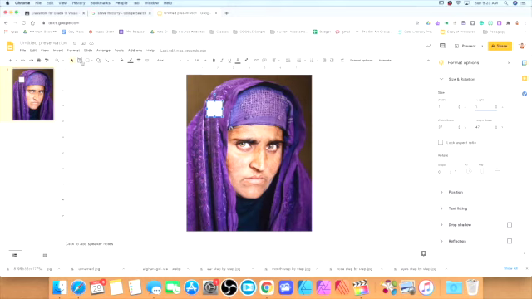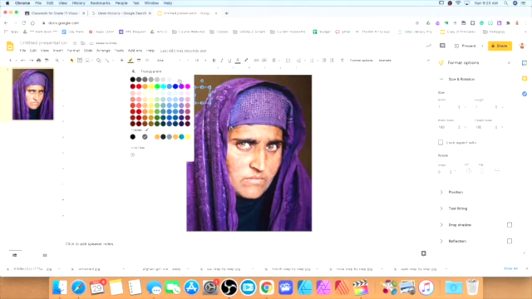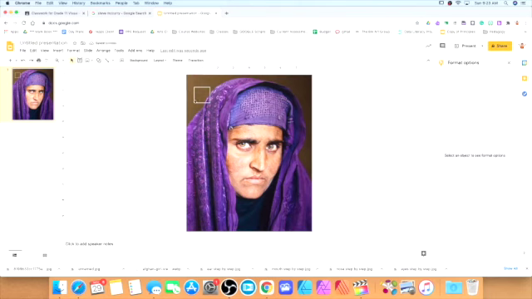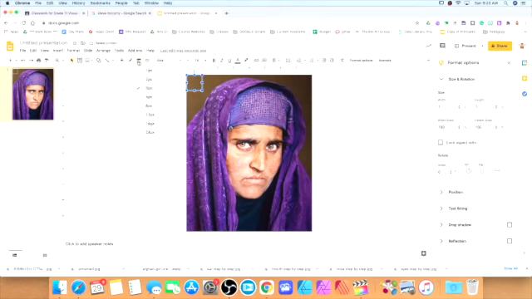So once this is in place, this correct size, I'm going to take my fill, I'm going to make it transparent, and I'm going to change my border color to a kind of a lightish gray. And I found that about 3 pixel dimensions is good for being able to see this fairly clearly. Right? You can play around with it and see what you like as well. Okay, so I'm going to copy and paste that block, and because the shapes snap together, I'm able to very quickly get these boxes to come across the top of my